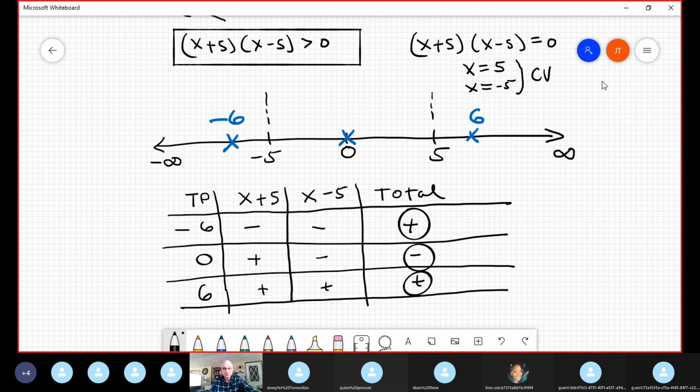And remember, our inequality is greater than 0. That means the true ones are the positive ones. This is true, and this is true. Now you highlight that part from 5 to infinity, and from negative infinity to -5. Of course, do not include the endpoints, because we have no equal sign in this problem. So the final answer is from negative infinity to -5,